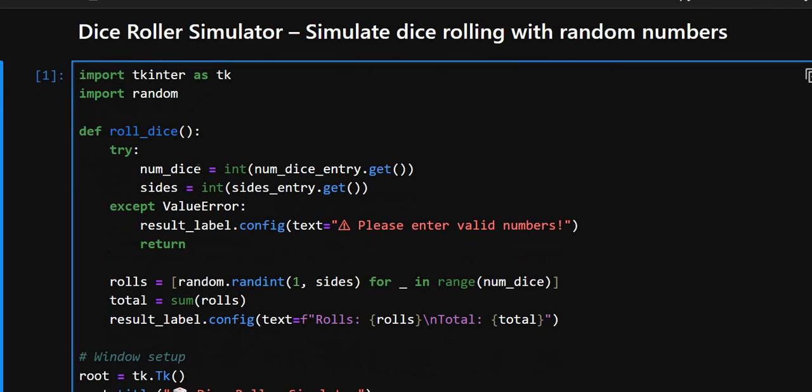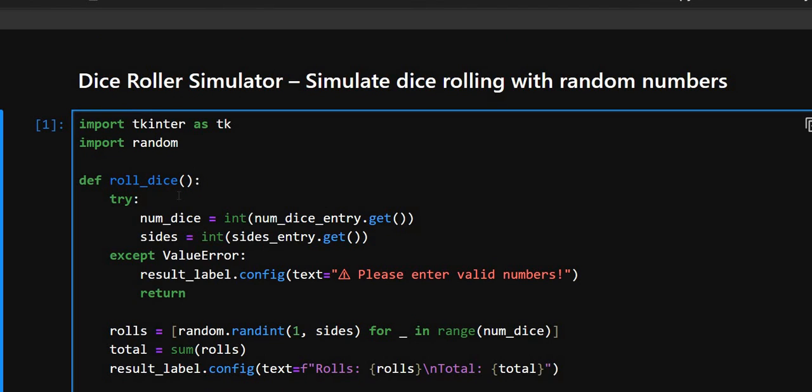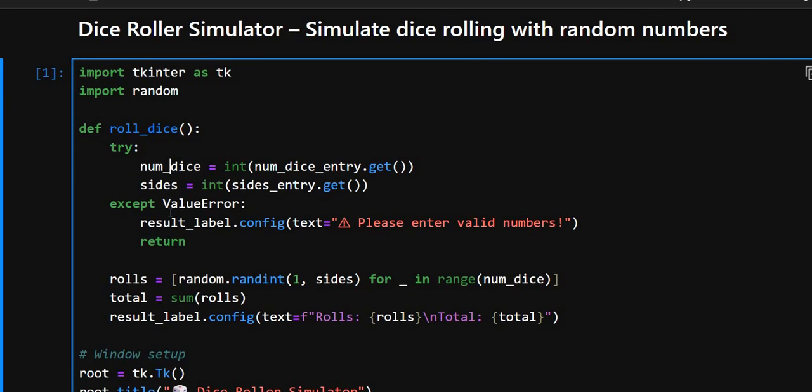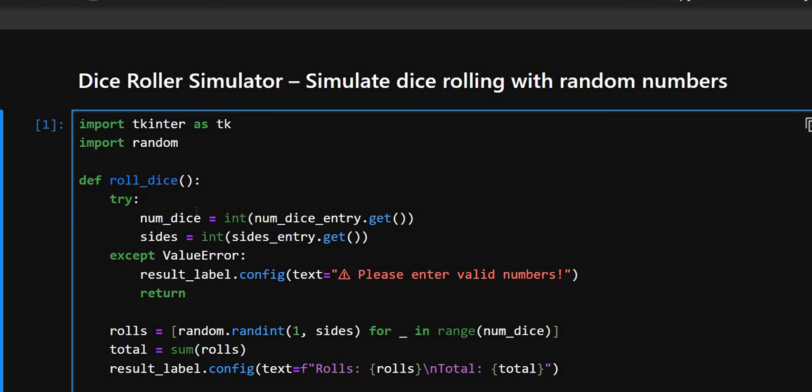Then in the next line, def roll_dice. This defines a function named roll_dice. This function will run whenever the user clicks on the roll button in tkinter. Buttons call function callbacks like this. Then here in a try block, this starts a try block to catch conversion errors when turning user input, which